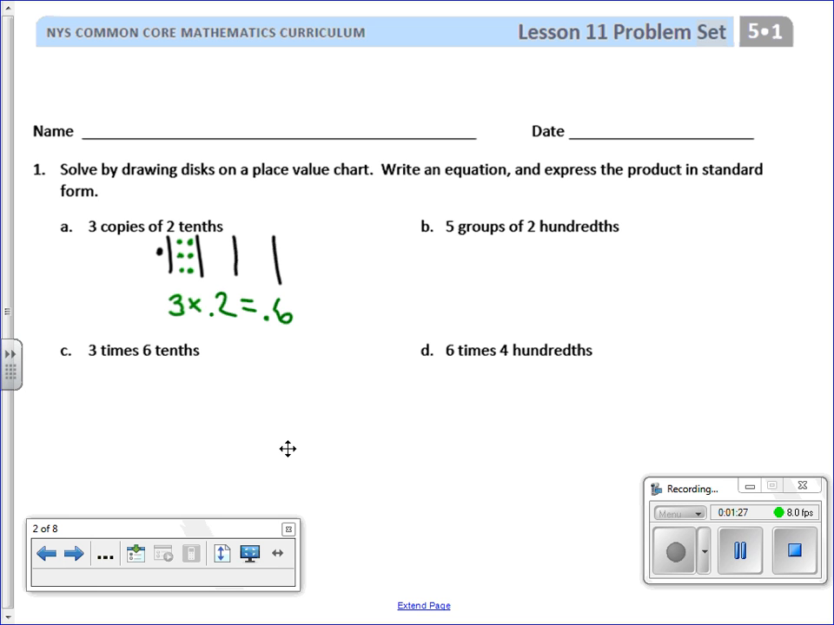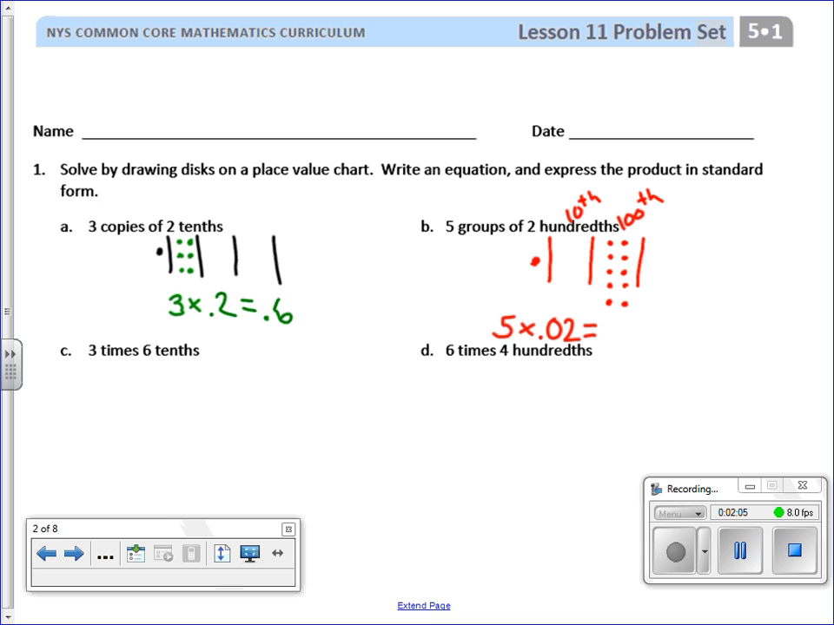Okay, letter B, 5 groups of 2 hundredths. Here's our decimal point. We've got our tenths column. We've got our hundredths. We need 5 groups of 2 hundredths. Here's 1 group. Here's 2 groups. 3 groups. 4 groups. 5 groups. If we wrote that as an equation, that would be 5 times 2 hundredths, which equals, count them up,